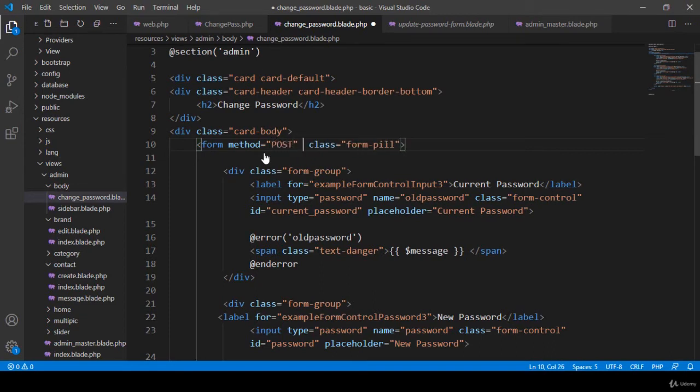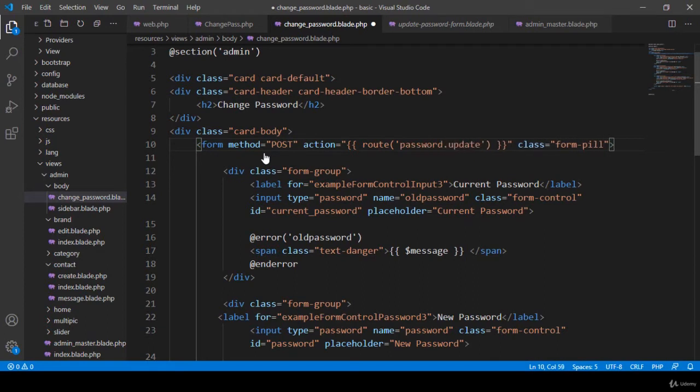And also here I want to add an action, and our action will be a route. I want to add a route for this one as password update,